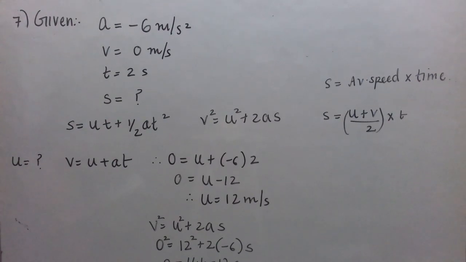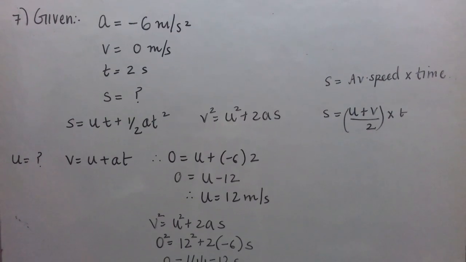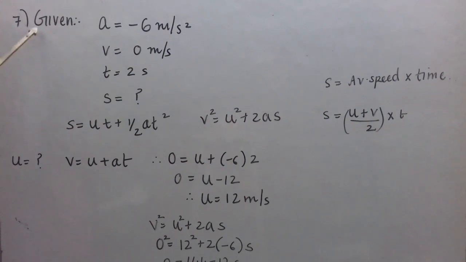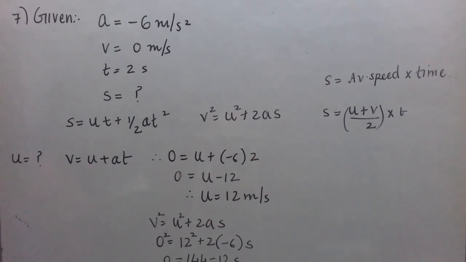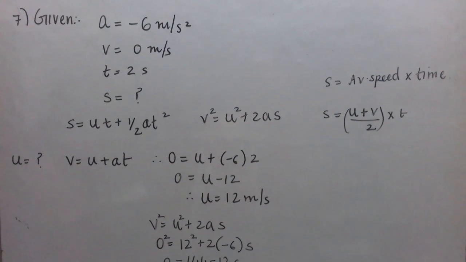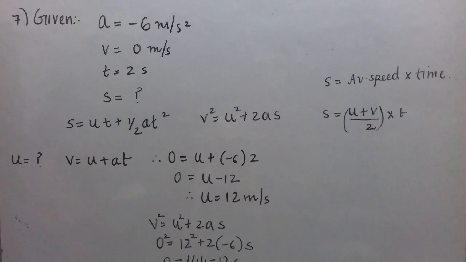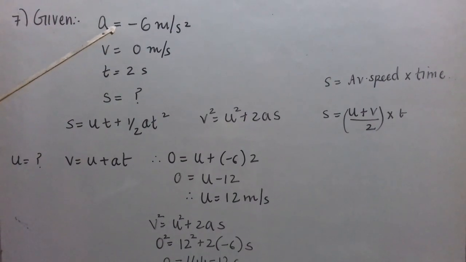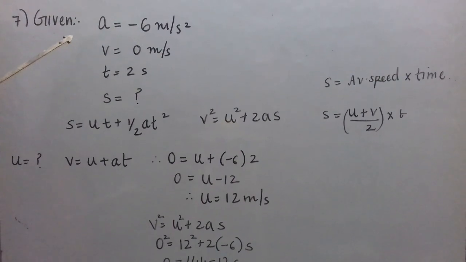The brakes applied to a car produce an acceleration of 6 meter per second square. So given acceleration A is 6 meter per second square, but you know that the brakes are applied, and also they have mentioned that it produces an acceleration of 6 meter per second square in the opposite direction to the motion. Whenever acceleration is in the opposite direction to the motion, it is negative. Otherwise, brakes are applied. From there also we come to know it's negative. So you have to put this negative sign. If you don't put this negative sign for acceleration, your whole numerical will go wrong.